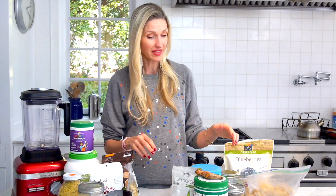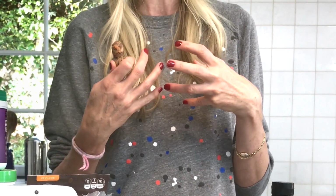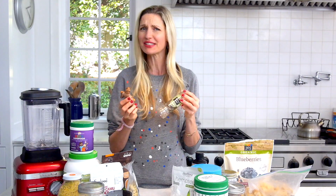Now let's go to some of the extras. Turmeric. Turmeric is great for inflammation, any kind of swelling in your body. Even when you have a cold, it'll help any kind of facial or body inflammation. But to make it really activate, you want to add a fat and a crack of black pepper to your smoothie. Might seem a little bit odd, but you're not gonna taste it,